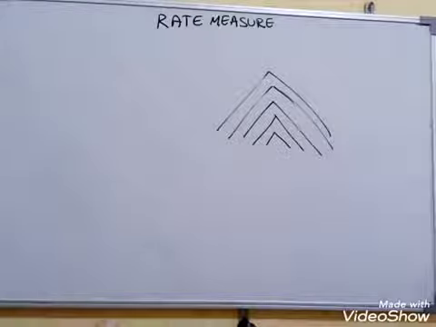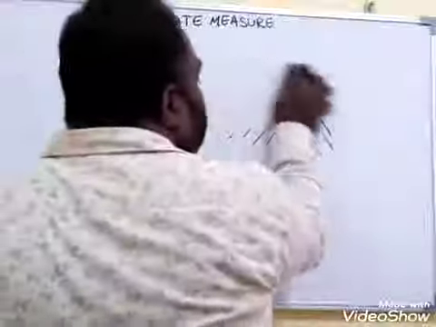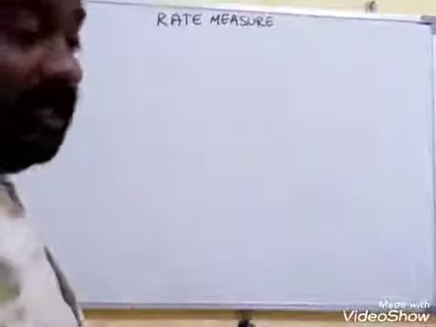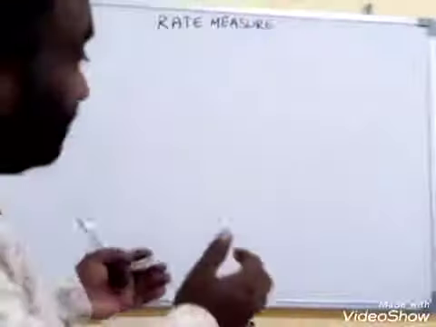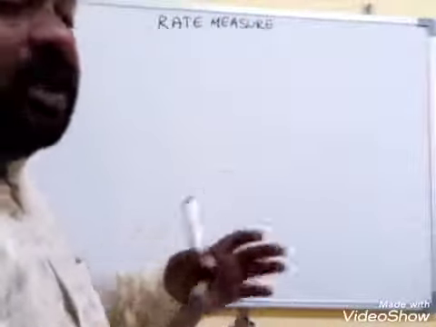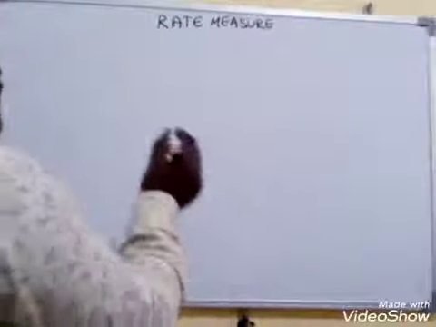Sand is pouring from a pipe at the rate of 12 centimeter cube per second. Observe there, sand is pouring, so what is coming? From that you are getting the volume. That's why this is what they have given.